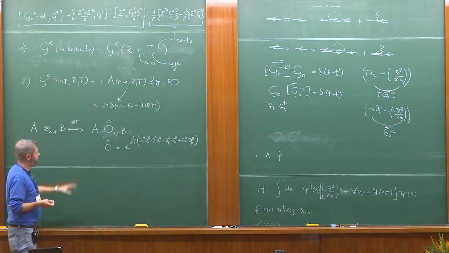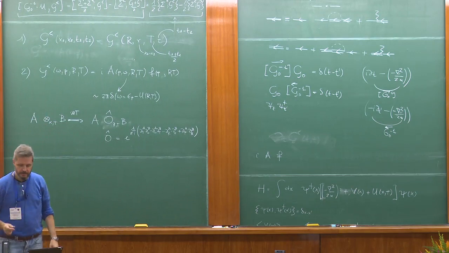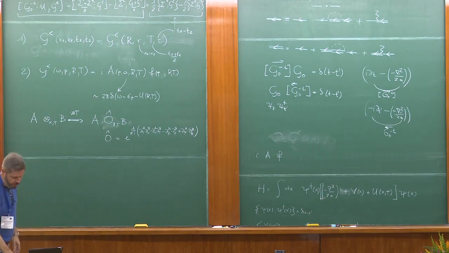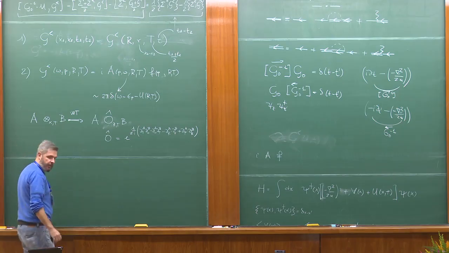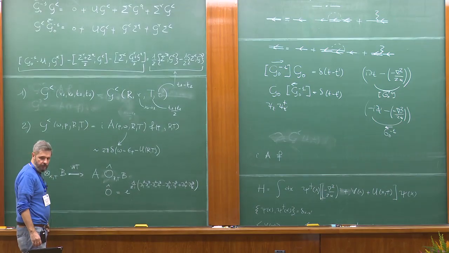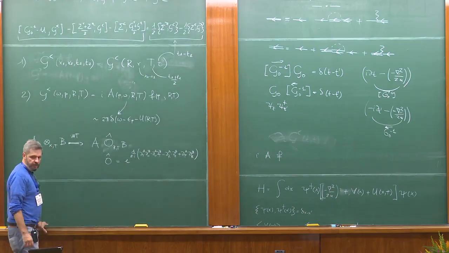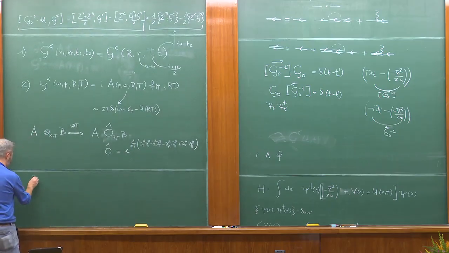Okay, so now you take this and you plug it in the equation up there. And you have to go through a bit of calculations. Now, let me tell you roughly what happens. Well, first of all, we need a couple of things. If you have an anti-commutator